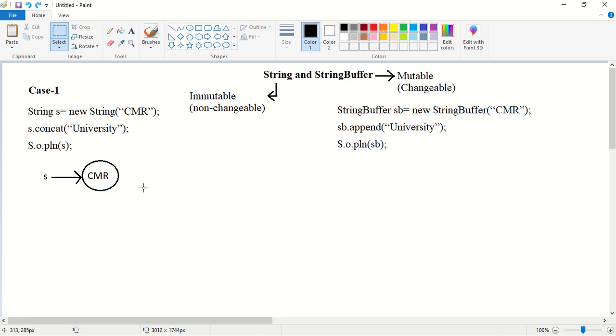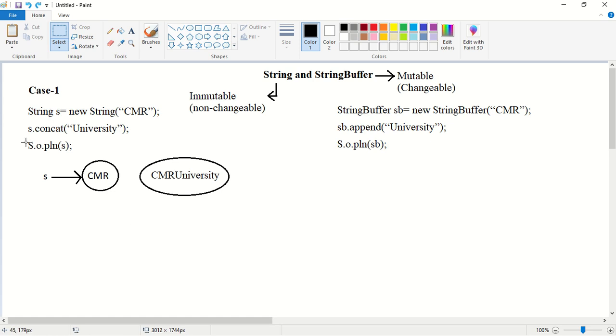But what are we doing here? Here we are changing the string value. What happens if we try to perform any changes to the string value? With those changes a new object will be created. Are we assigning any reference to this new object?